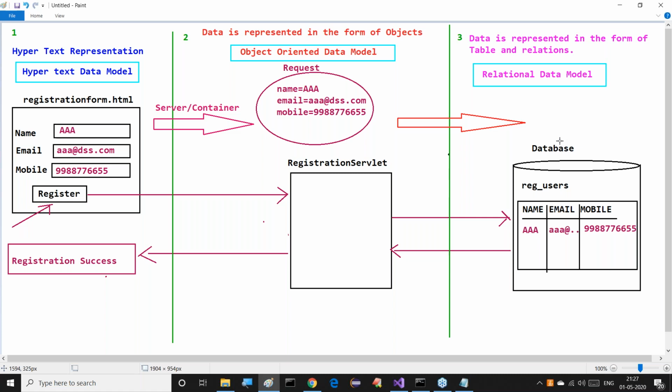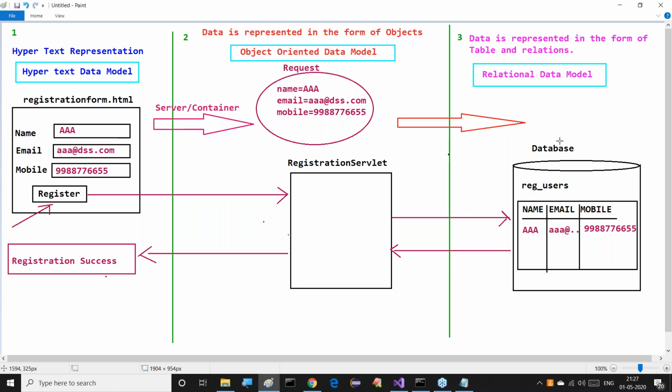See, data is available in the request object. Here the protocol situation is already completed. When data is available in the request object, the protocol is gone. Leave it. Now what I am asking you: data is available in the request object, that I know. And who is taking data from the request object and keeping the data in an SQL query to keep data in a database? Who is doing that? Exactly. The developer is doing that work.